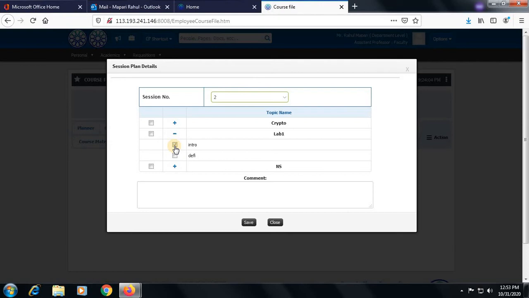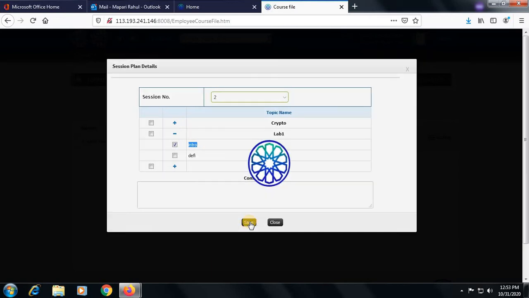So in session number 2, I want to cover this subtopic. You can select topic as well as subtopic. If you select a topic, it will by default select all the subtopics included in that topic. So I want to teach this particular subtopic in this course file. So I will select it and save.